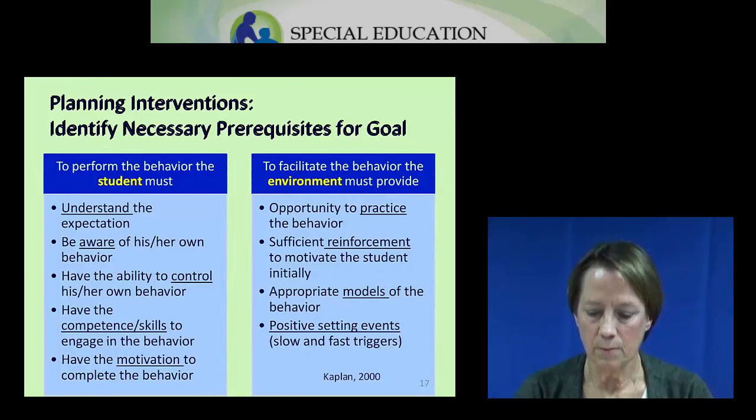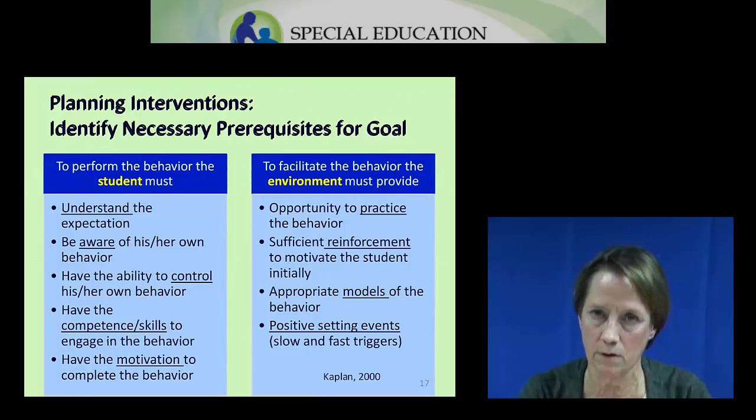So on this slide are listed some prerequisites that have to be in place for a goal to be attained. You can see that we have factors that are related to the student on the left and factors related to the environment on the right. After TBI, there are some specific factors that are student-related that we want to pay close attention to, to make sure that the student can carry out the goal that we are setting for him or her. First of all, we have to be sure that the student understands the expectation and is aware of and can monitor his or her behavior. We also want to be sure that the student has the ability to control his or her behavior. As we know, soon after injury, many students may have reduced behavioral control. We also want to be sure that the student has the skills in order to engage in the behavior